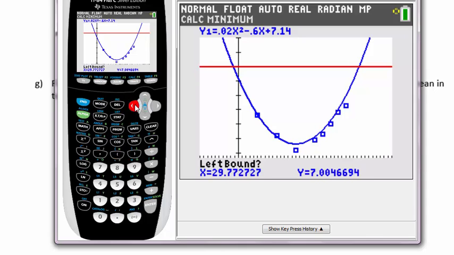I need to make sure that I go to the left side of it first, so click the left arrow until your cursor finally moves over to the left side, then hit enter, and then move it back to the right side and hit enter. And your guess just needs to be somewhere in the middle. Hit enter again, and I found the minimum as